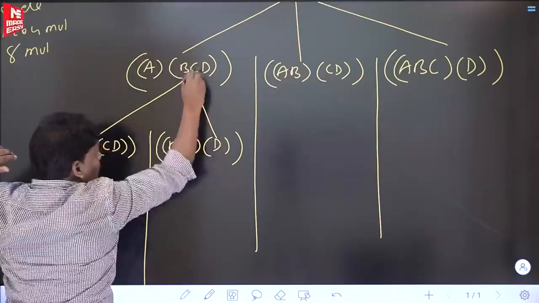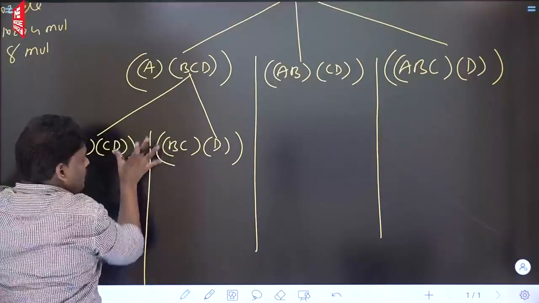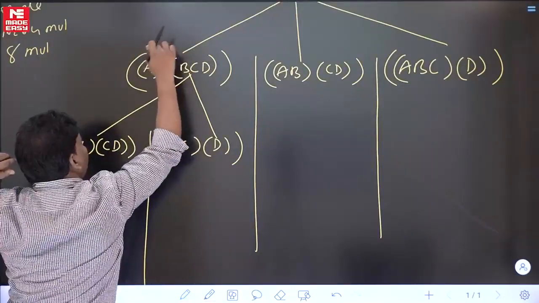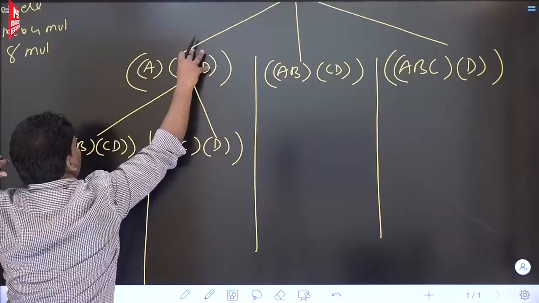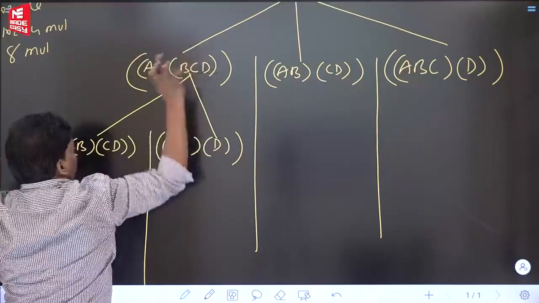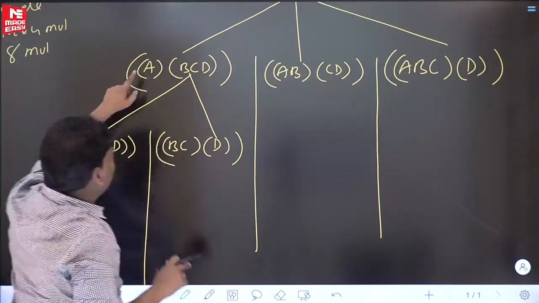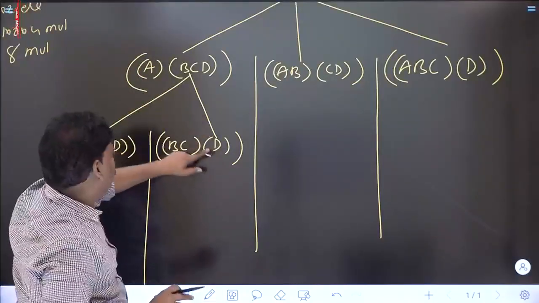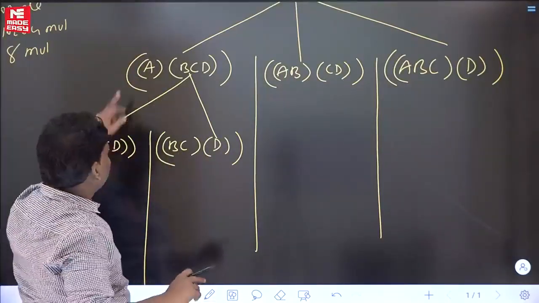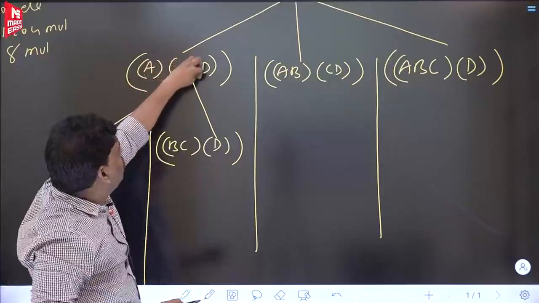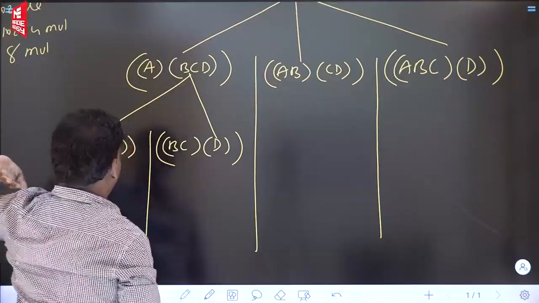Right? So what is the meaning? To do BCD two ways. Whichever will take less multiplication, take that. A into BCD. To get the BCD, already you have done the best one, with that A into BCD. So what is the one way? A into this one, A into this one. Instead of doing both, whichever is better you take, with that A into.